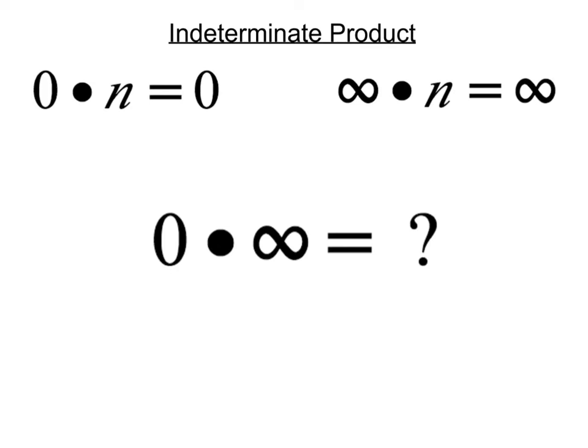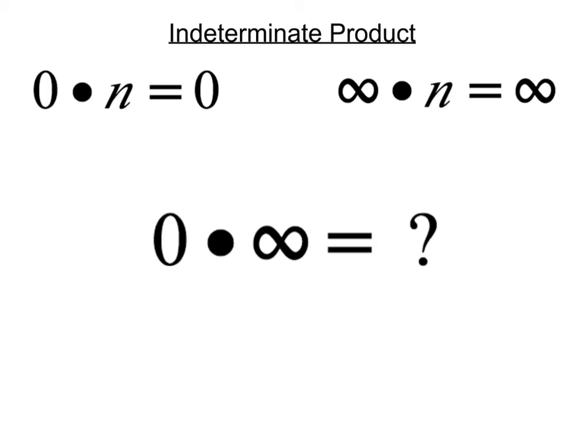In our last lesson, we were taking a look at indeterminate quotients. That is, situations where we ended up with 0 divided by 0 or something like that. In this lesson, we're going to be taking a look at indeterminate products. And here you can see an example of the indeterminate product that we're going to be taking a look at,